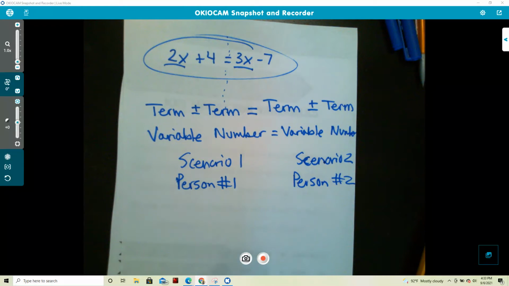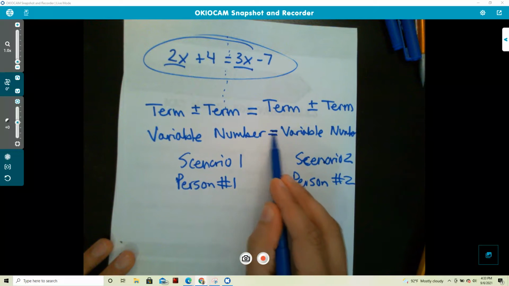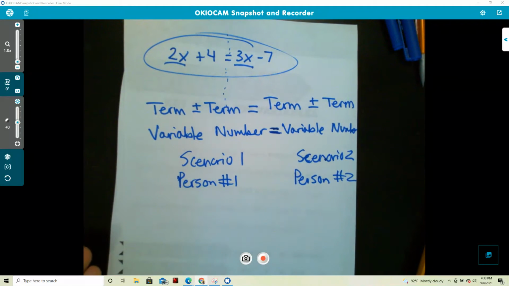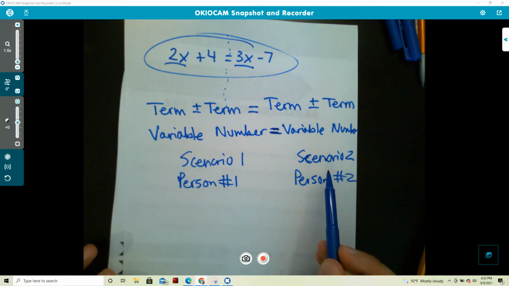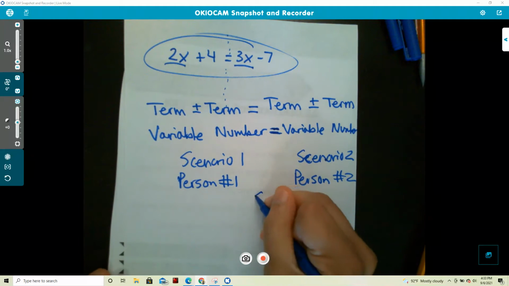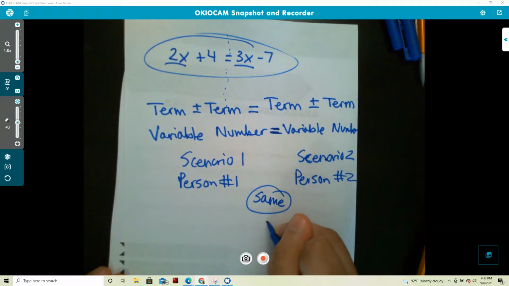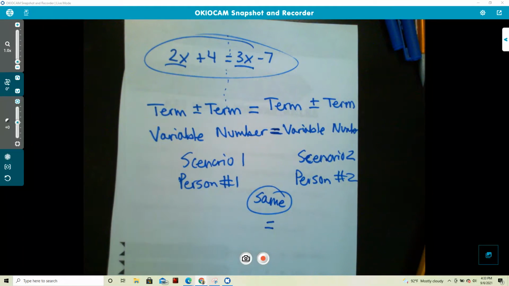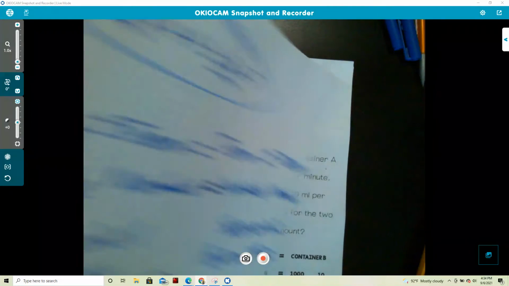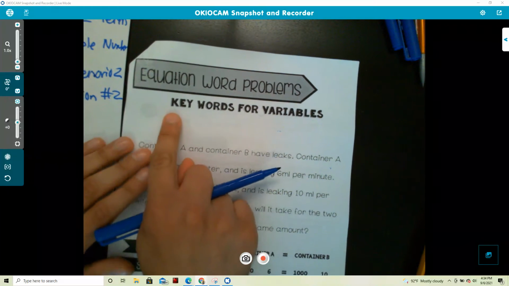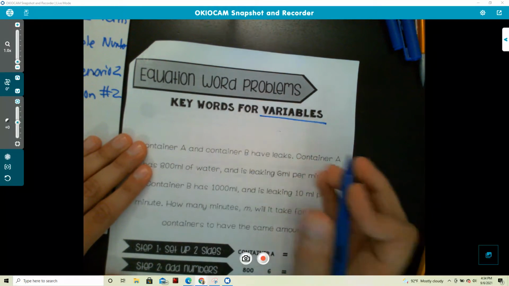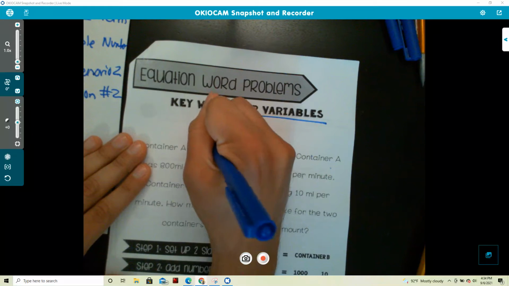And usually what you're going to have to do is make them equal to each other. So usually the question is going to be like, at what point do scenario 1 and scenario 2 have the same amount? Same amount means that you're going to make them equal to each other and then solve for the variable, solve for x. So here's what we mean. Let's go ahead and write in our keywords for variables, which are per, every,